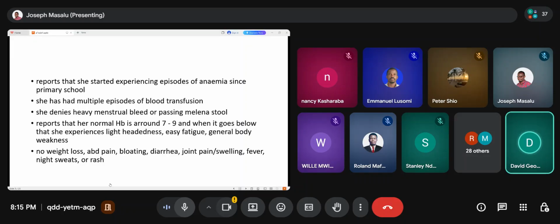Another thing is that this is not very likely, but there are some unusual cases where people are diagnosed with hemoglobinopathies like sickle cell disease late in life and not earlier on. So I would also be interested, although Joseph has already told us that this patient does not report any episodes of joint pains or swelling. For them, when they get the crisis, it's more of the bones.